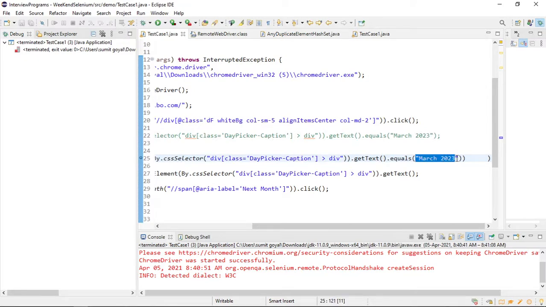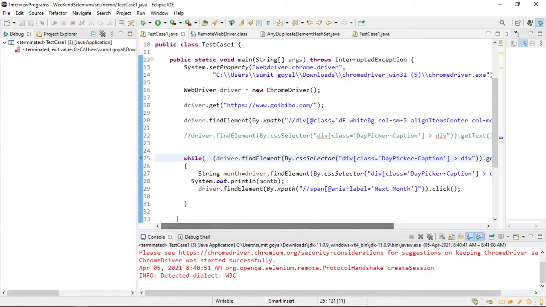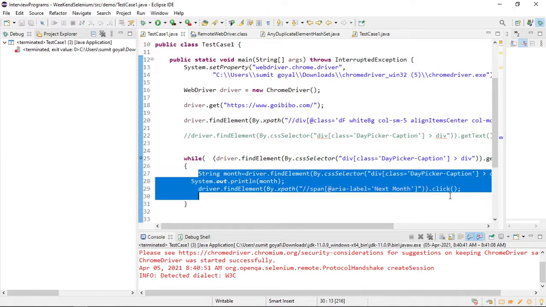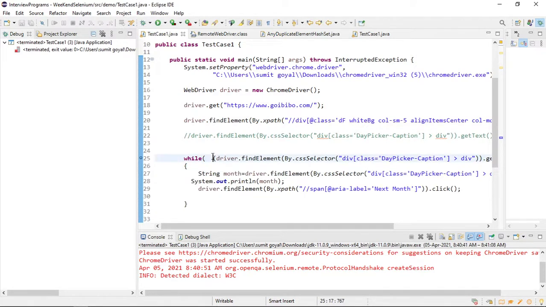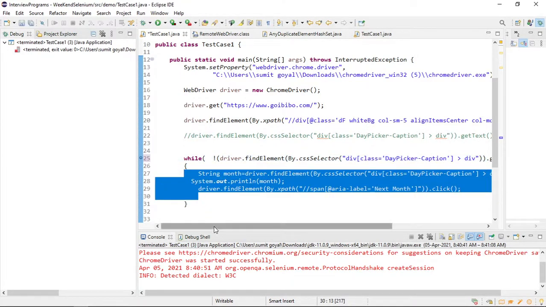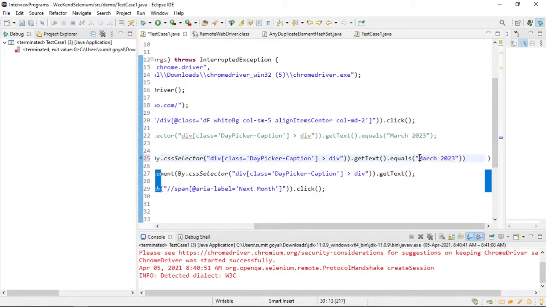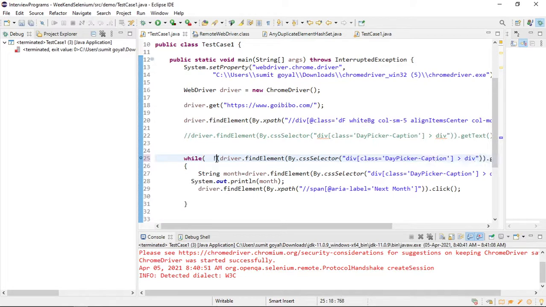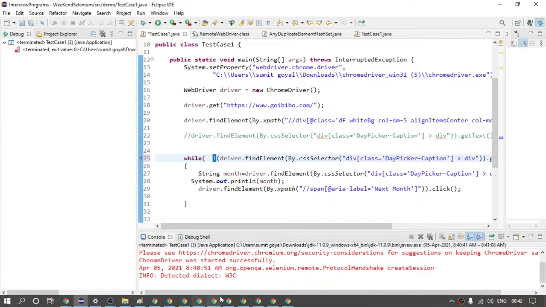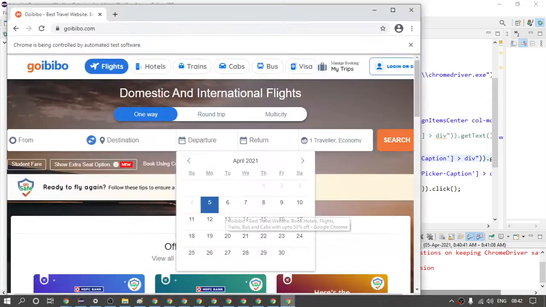So the condition will become false and we will never go inside our while loop. So what I can do is put one not operator, so even if the condition is false, we will go inside. And suppose there is one time when March 2023 equals March 2023, in that case the condition will become true, but as it is the not operator, it will become false and we will land on March 2023.